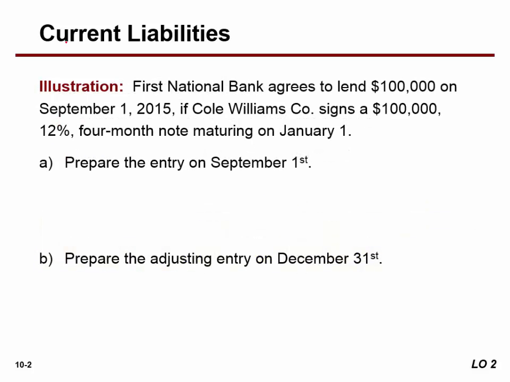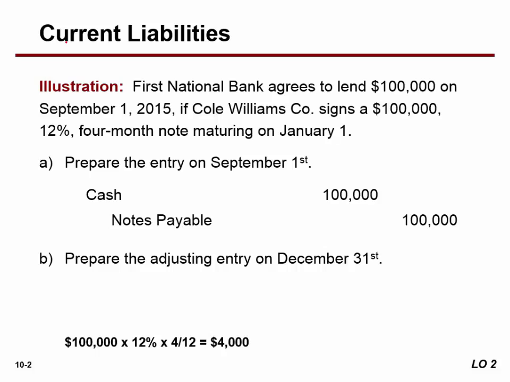And so let's start out with how to calculate borrowing of money. Of course, if we borrow money on September 1st, we debit cash and we credit the note payable for $100,000 because we have borrowed that money, right? Note payable is a current liability. Then they want us to calculate the accrued interest at December 31st, and you can see it right down here, guys, and we did it